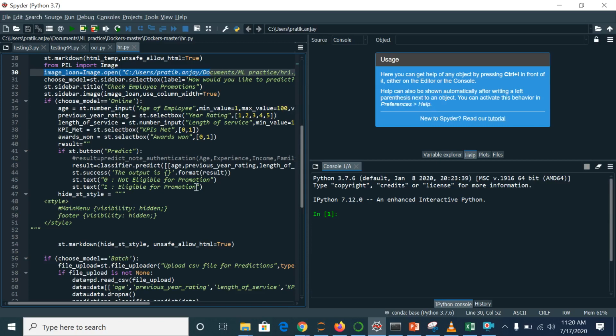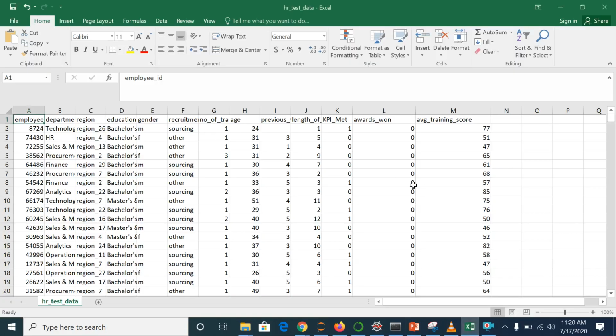Let me tell you what this data is. Let me show you the data. This data is basically for the HR analytics part, where different sorts of employee information are available, and based on that we are going to predict whether the employee is getting a promotion or not this year.